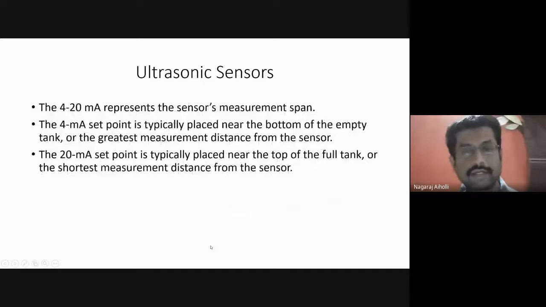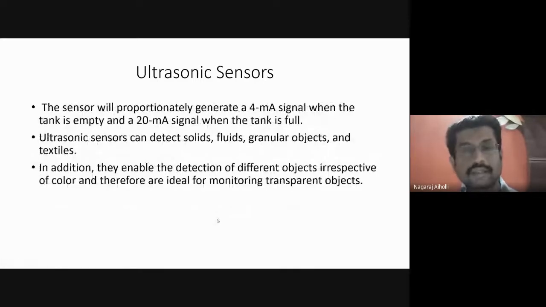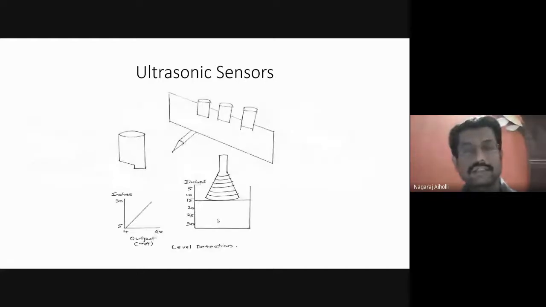Let us take a figure and explain. This is the figure which illustrates the working of ultrasonic sensors. Here there are various containers filled with some liquid. These containers are moving on a conveyor belt, and when the ultrasound signal is transmitted from the other end, this is the receiving portion. If there is an object, the ultrasound signal passes through it and will be received at the receiving end here.